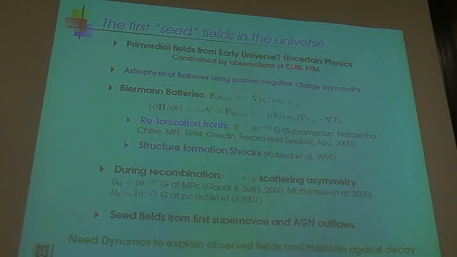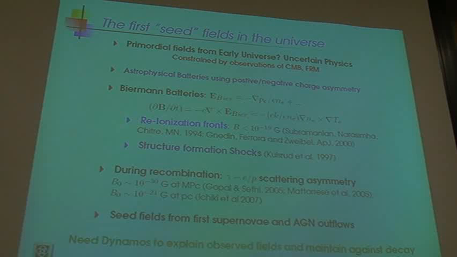So the cosmic microwave background, and I won't explain too much about this, and this FRM is Faraday rotation measures. Both these things constrain what fields you can get from the early universe. And I'm not going to say too much about that here. I am going to say something about astrophysical batteries, because it's very interesting, again, from a physics point of view,